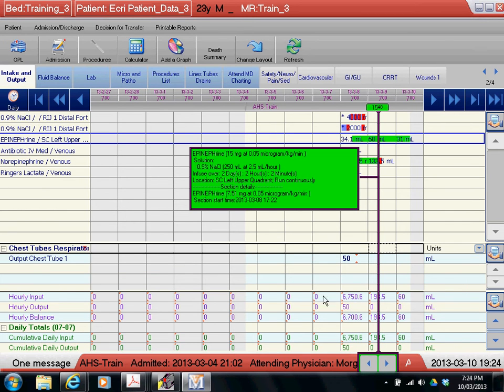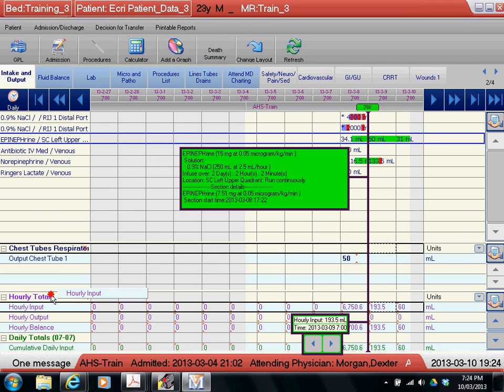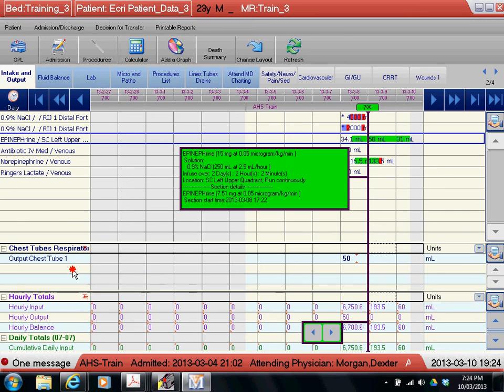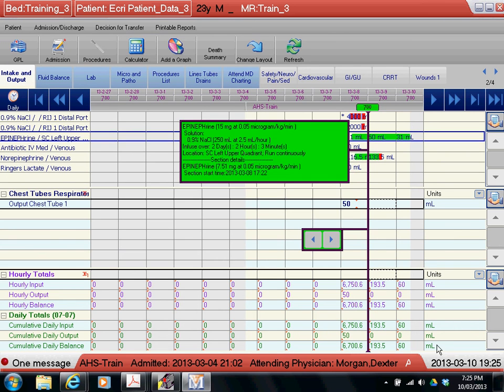You can then adjust the size of the screen as you see fit. I'm going to just move that up a little bit. Let's move that up as well. And we can just use the scroll over on this side here to scroll up and down just to see